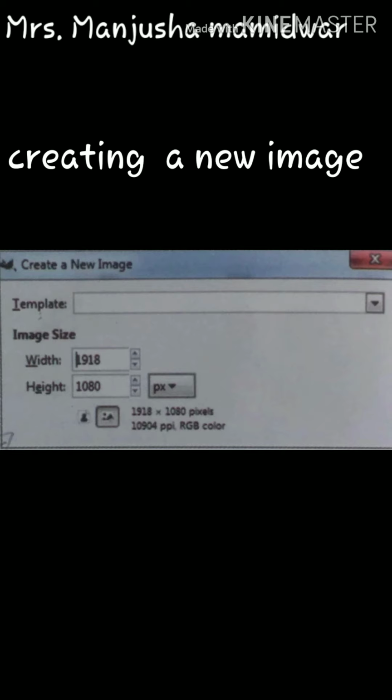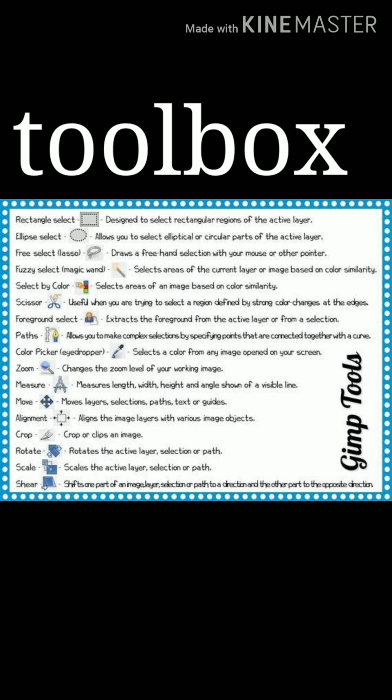Now the next point is using the toolbox and different tools. The toolbox provides various tools to work with the image. It also displays the options to customize the tools as desired. In the toolbox we are able to see the current background color and foreground color also presented.